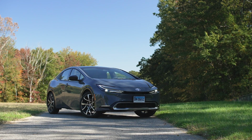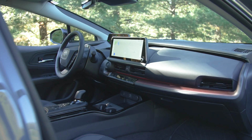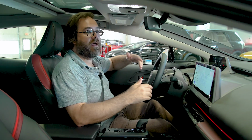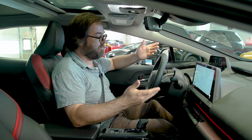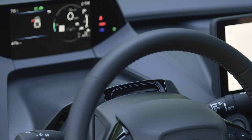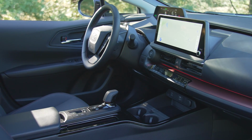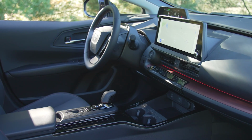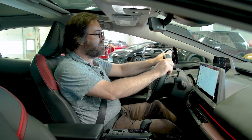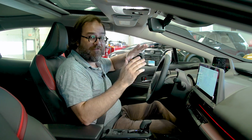Now, this XSE trim that we got has a lot of features. This is a very well-equipped vehicle. It has the upgraded, larger infotainment screen, and there are a ton of advanced driver assistance systems as well. You'll see here that there is a driver monitoring feature that can warn you if you're not looking at the road, if you're using lane centering or adaptive cruise control and you're kind of vegging out. It'll tell you, hey, look back at the road, and it has a bunch of different warnings. It'll say, sit up. It'll say, keep your eyes on the road,